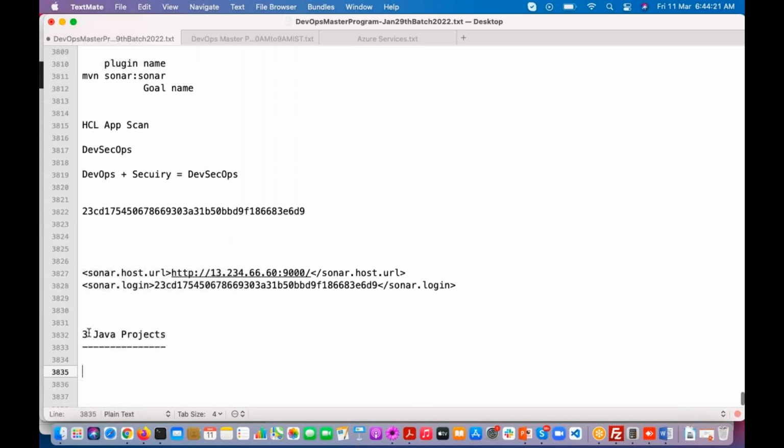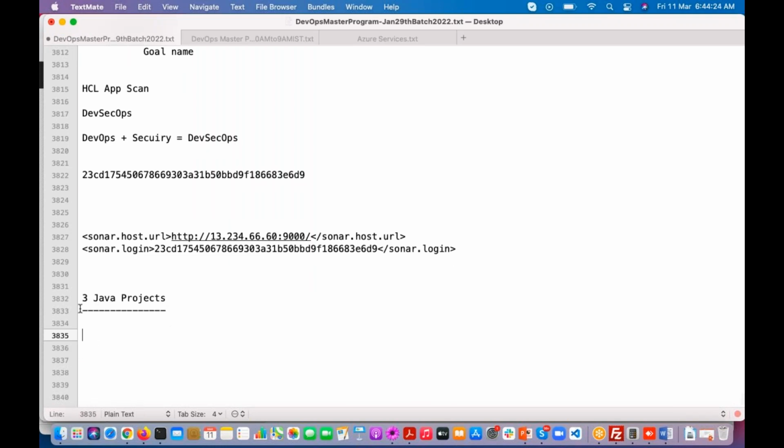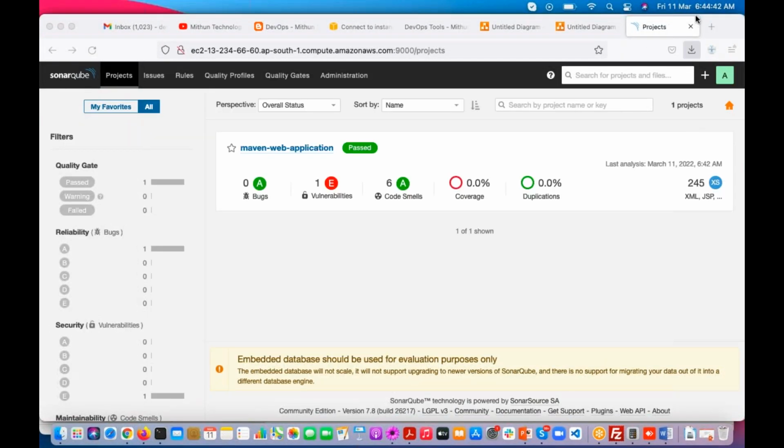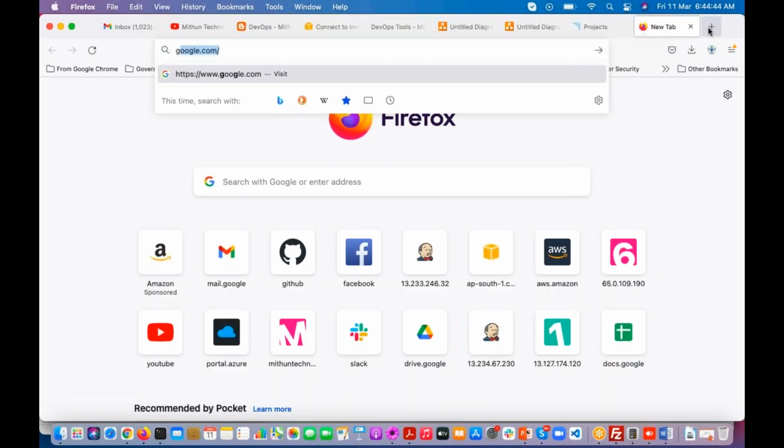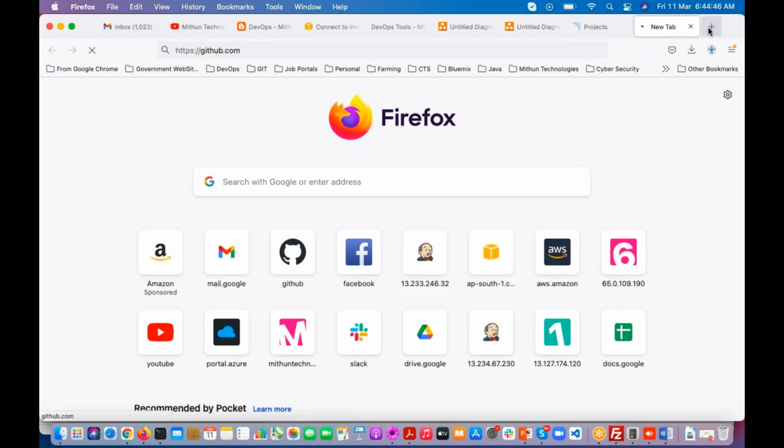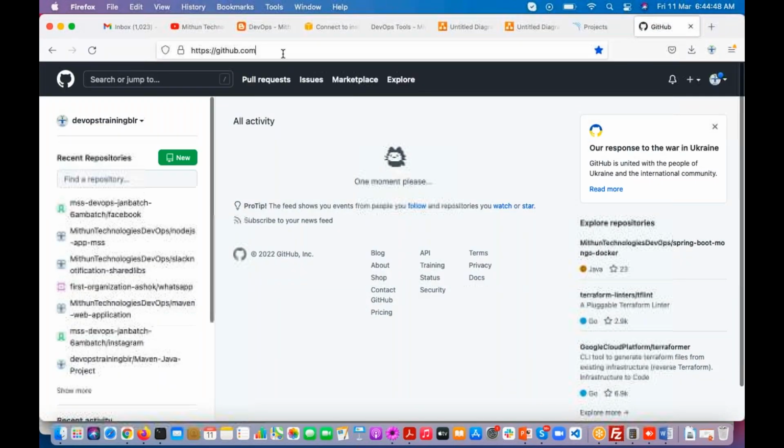And sir, yesterday you mentioned that sonarqube server works for other programming languages also, right? So we have one Node.js project. For that one also, you guys can execute the sonarqube report. If you go to our GitHub organization, github.com/ our organization name,